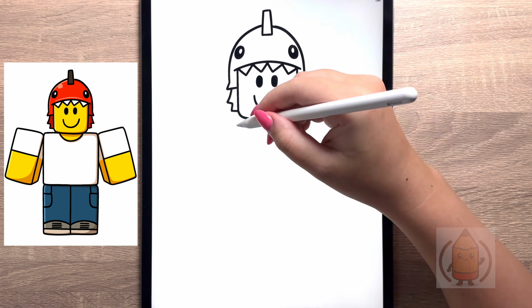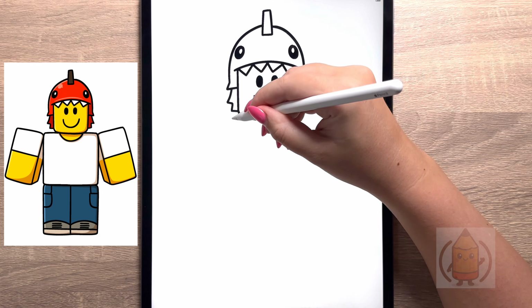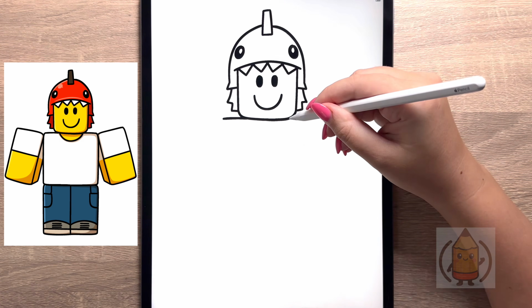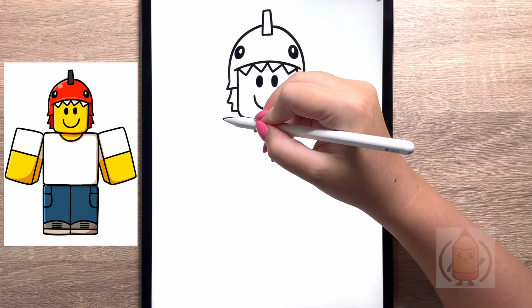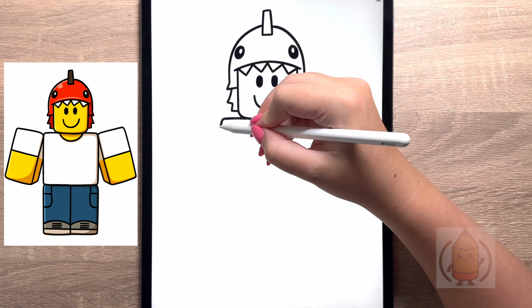Let's close off our body now. So on the left-hand side, we're going to bring this line straight out towards the left-hand side. We'll do the same on the right. We're just going to draw that at roughly the same size. Now from here, we're going to curve the corner, bringing that down